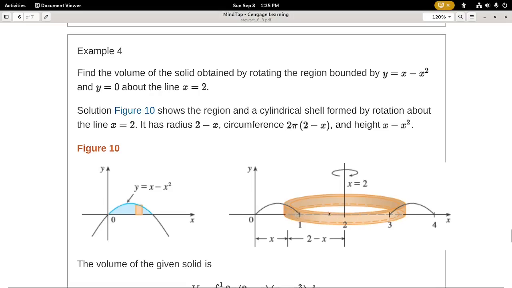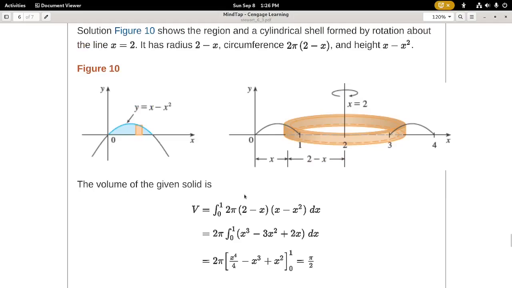Alright. And now the height of this thing is just top curve minus bottom curve, or more positive curve minus more negative curve. In this case, the y value here is x minus x squared, and the y value here is 0. So that's the height, x minus x squared. The radius is 2 minus x, and the thickness, since we're creating our shells along the x direction, is dx. So you put it all together,